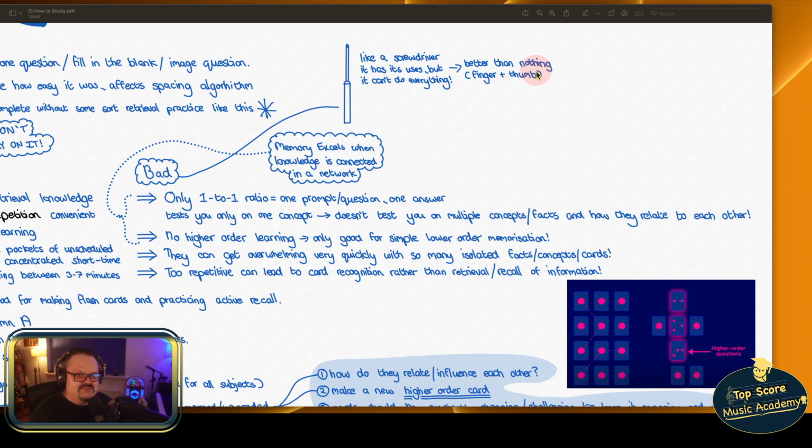A lot of students will swear by flashcards because they have never done anything else. And also, if they stop using the flashcards, they may see their grades fall, because they're not really studying any other proven way. So, to continue the analogy, it's better than just using your finger and thumb. Having a screwdriver or using flashcards is obviously better than just using finger and thumb,